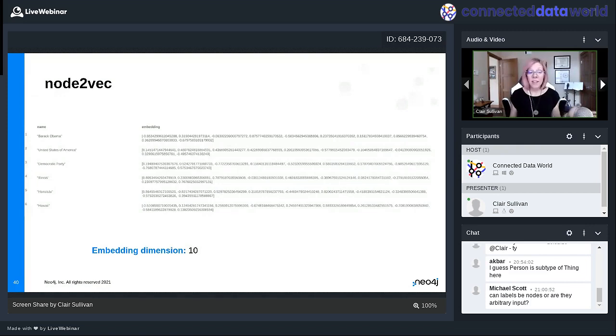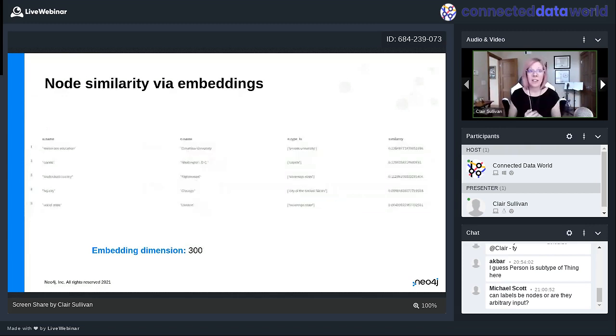Okay, and anything that we would do with machine learning on normal embeddings, we can do with graph embeddings because all I have is just a list of floats. A list of floats can be thrown into anything, such as node similarity. I could do some sort of cosine similarity between different nodes in my graph, and we could do any number of things.